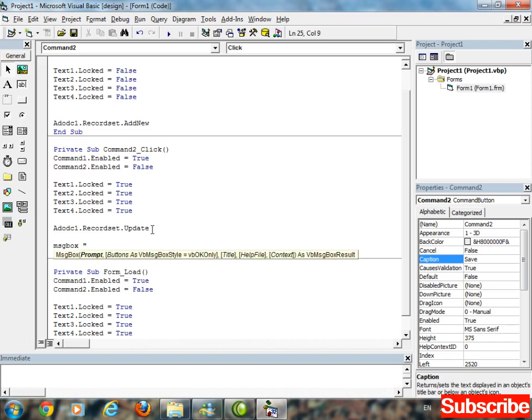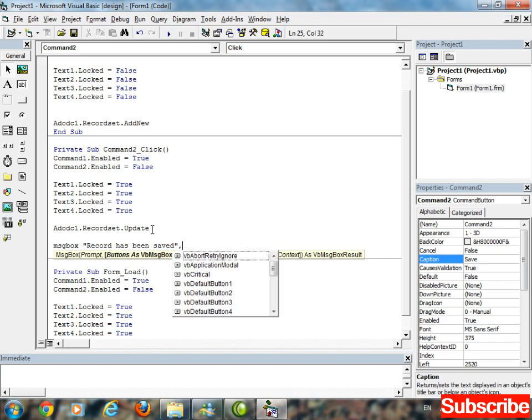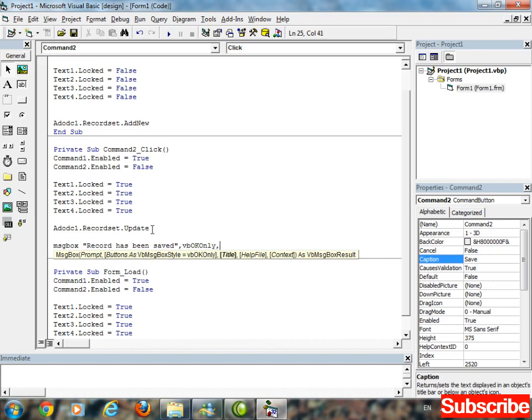Type the message prompt. Prompt means type message. Type message: record has been saved. Now just mention buttons vbOKOnly. And then the title should be new entry, for example.